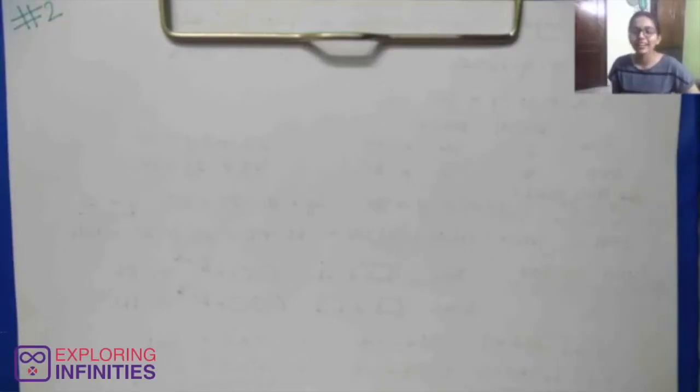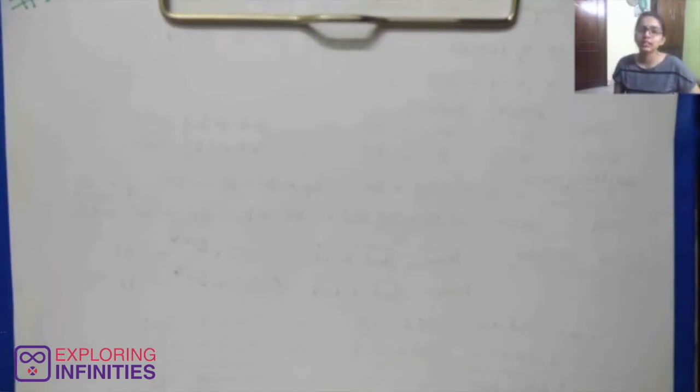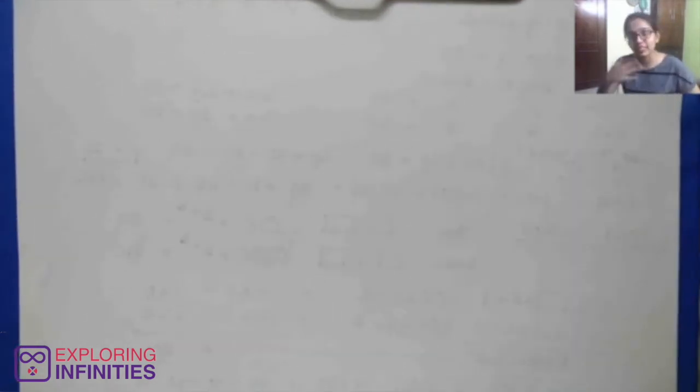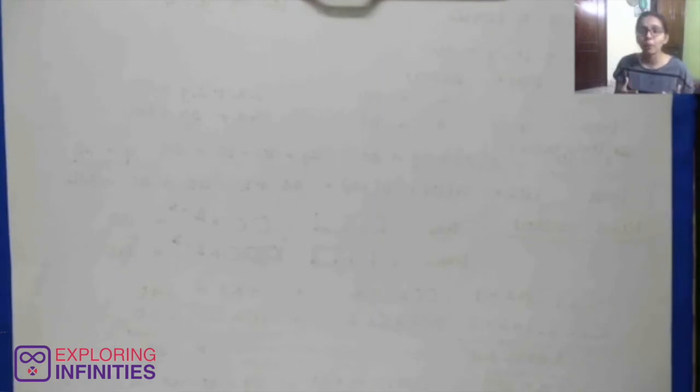Hello, welcome back. I'm Anshika from Exploring Infinities, and this is the second lecture for the chapter Linear Equation in Two Variable. So let's do a quick recap of whatever we have done till now. We have not done much. It's just the introduction we did to our chapter. I introduced to you the story of Tom and Dana. We got two linear equations from there.